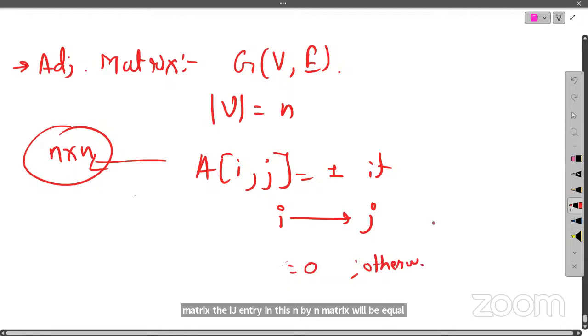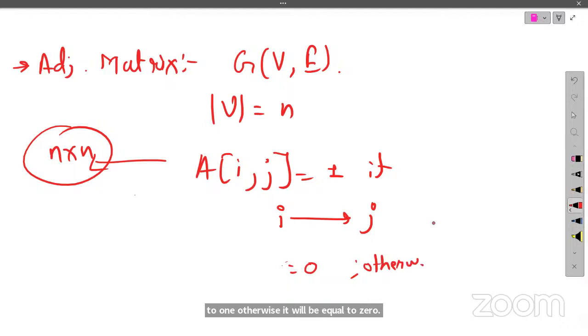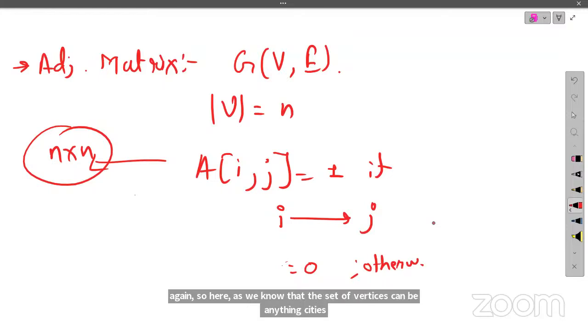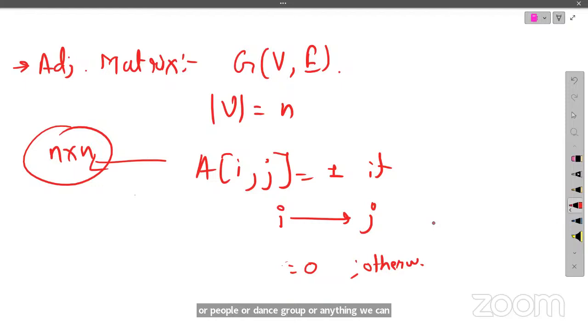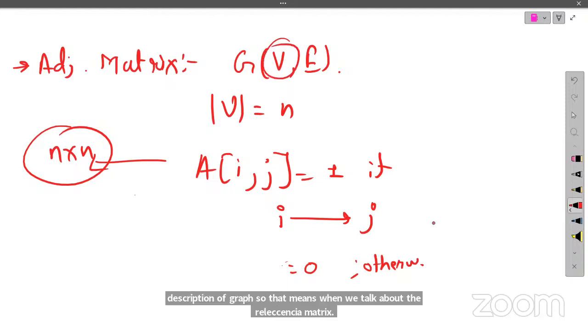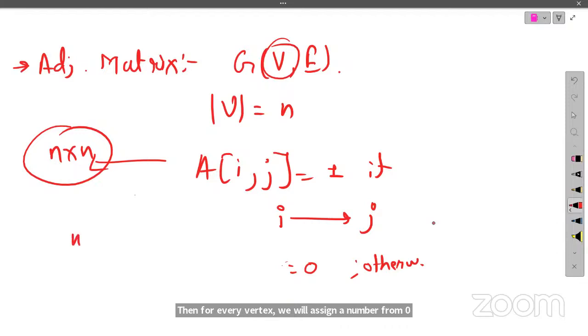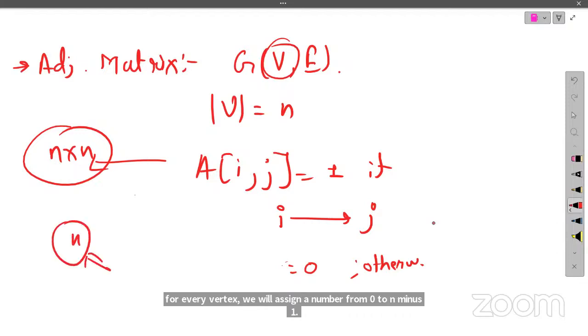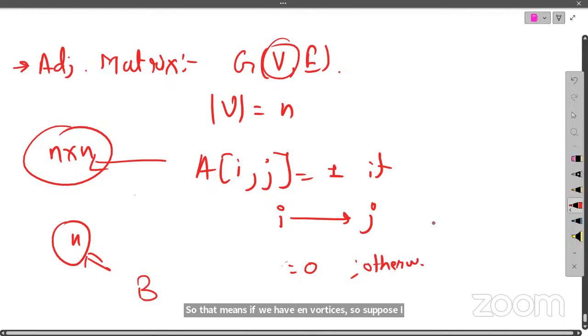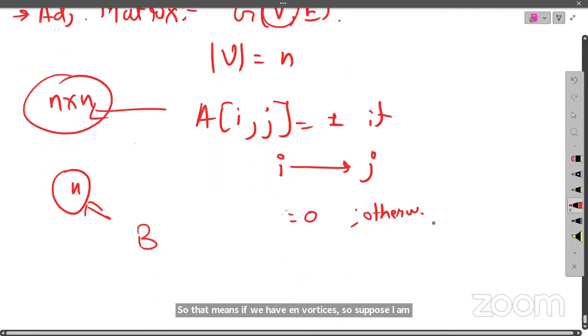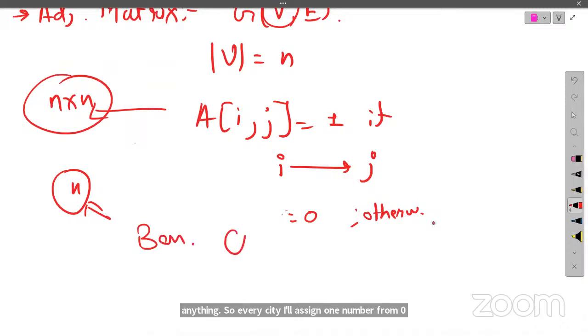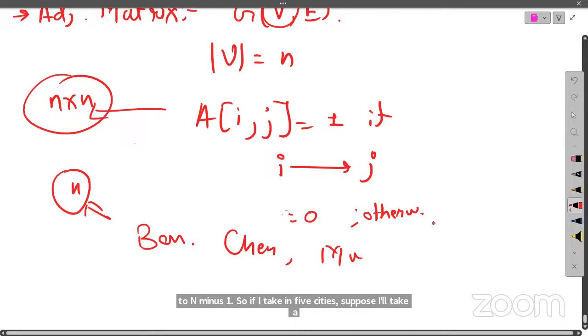And again, as we know, the set of vertices can be anything: cities, numbers, people, dance groups, or anything we can take as a set of vertices. So when we come to the mathematical description of a graph, that is, when we talk about the adjacency matrix, for every vertex we will assign a number from 0 to n minus 1. So if we have n vertices, suppose I am taking 5 cities, let's take Bangalore, Chennai, anything. Every city I'll assign one number from 0 to n minus 1. So suppose Bangalore is there, Chennai is there, Mumbai is there, Jaipur